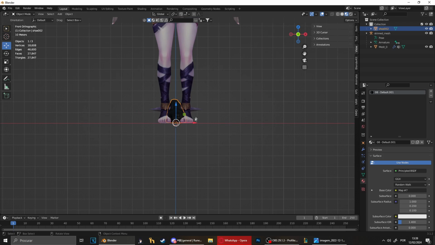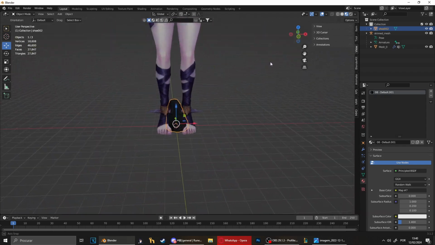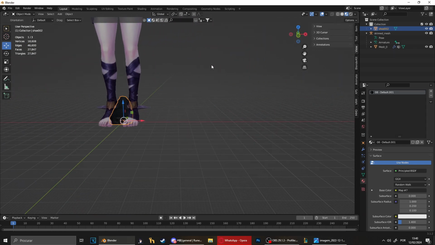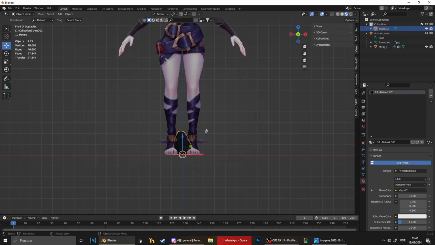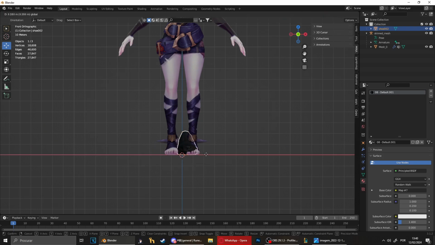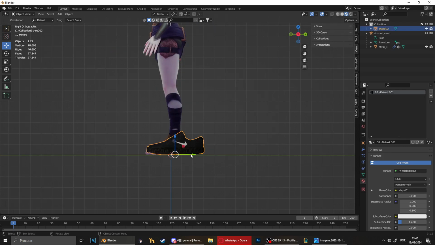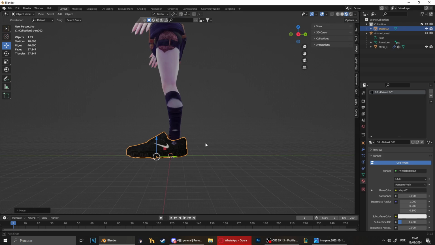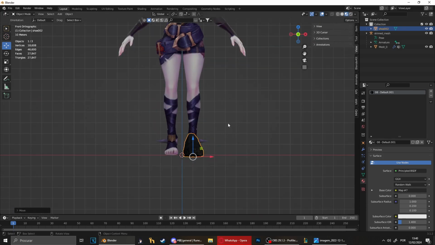Easy enough. Go to Blender and use the middle mouse key to move around, and Shift plus middle mouse key to pan like this. But mostly you only want to use these orthographic views, so that way you can align it. Very good. It's not supposed to be perfect since we're just doing a tutorial, but I try to make it as good as